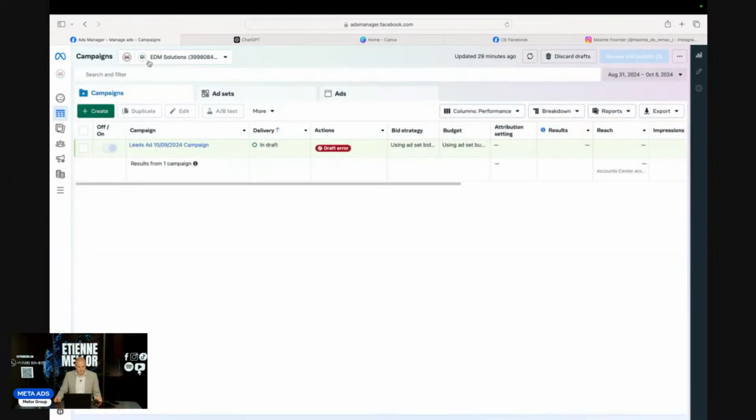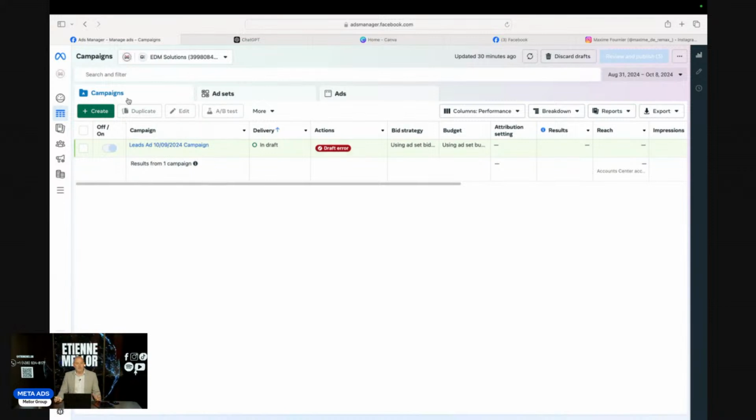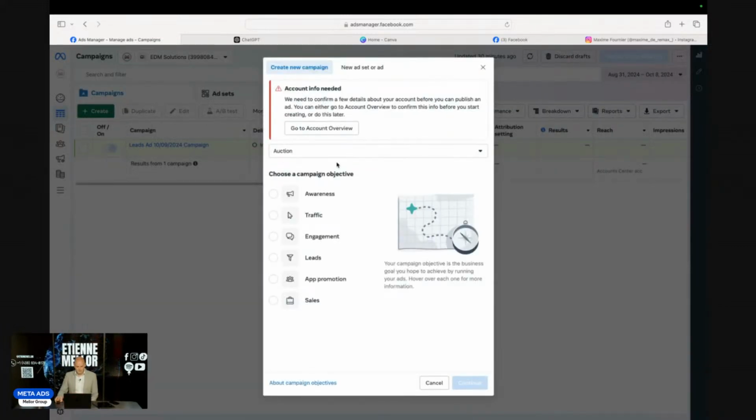So when you're in your account, and to have the account, you're going to have to set up your payment structure. It's like a wizard. It's pretty simple as you create it. You just fill in what they're asking you to fill in. They're missing this, missing that, and need to put a credit card, and so on and so forth. But once that's done, you get to this main platform, which starts with creating a campaign. Now, when we talk about campaigns, if I click the create button here,